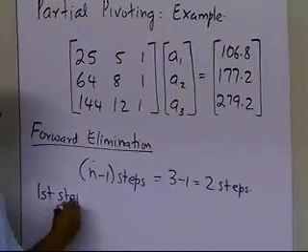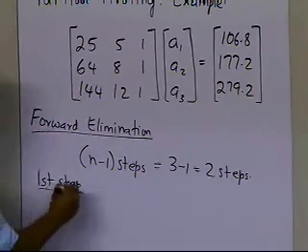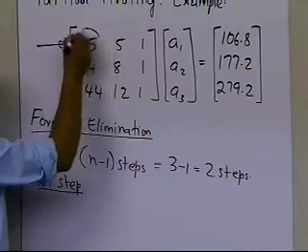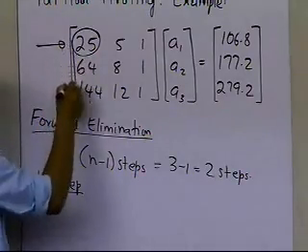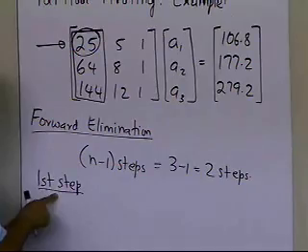In the first step of forward elimination, what is different from the naive Gaussian method is that we have to look at the first row, first column. This forms the pivot equation. But in Gaussian elimination with partial pivoting, before you start doing that, you have to look at the whole first column.